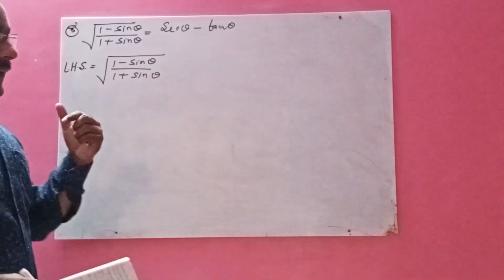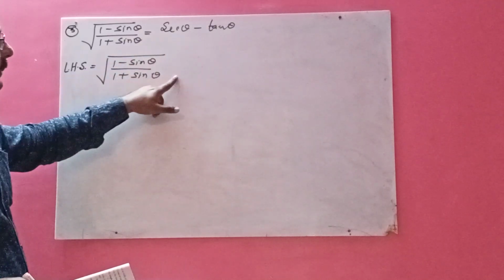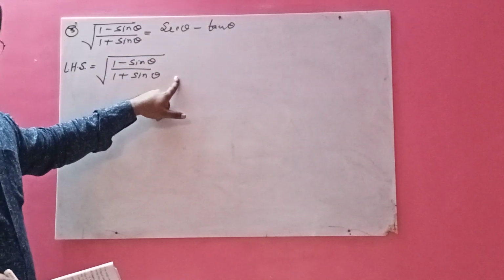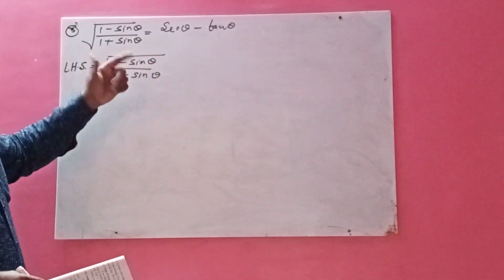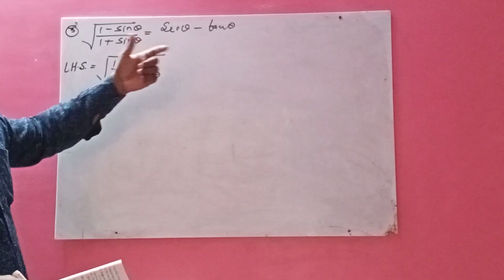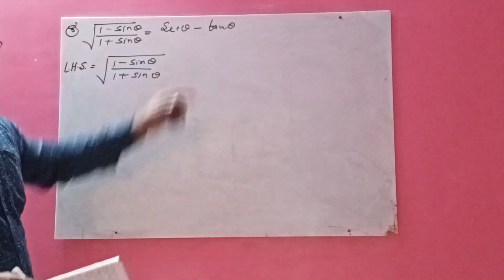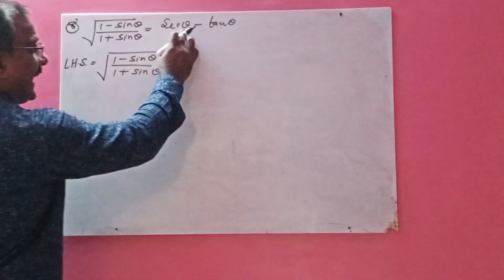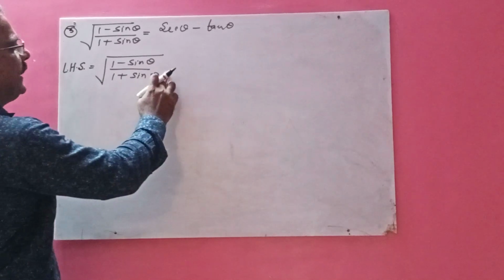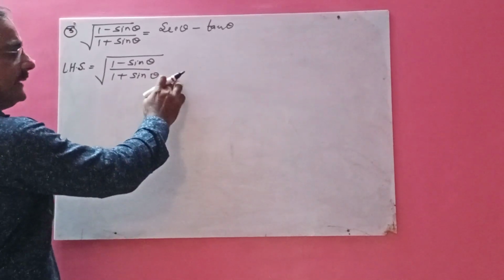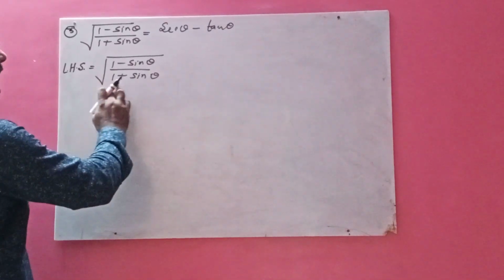The reason for that is, see, you need sec theta. If you multiply by 1 minus sine theta here, it is not compulsory, children, that you should multiply by the conjugate of this. Understood? There are some problems where you have to multiply by the conjugate of the other also. That depends upon the right hand side. In this case we need sec. So this is 1 plus sine theta. If you multiply by 1 minus sine theta, so what will you get here?